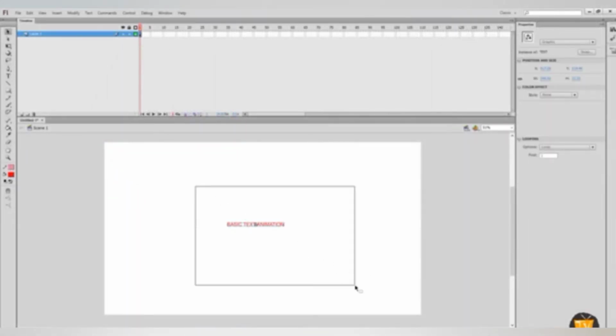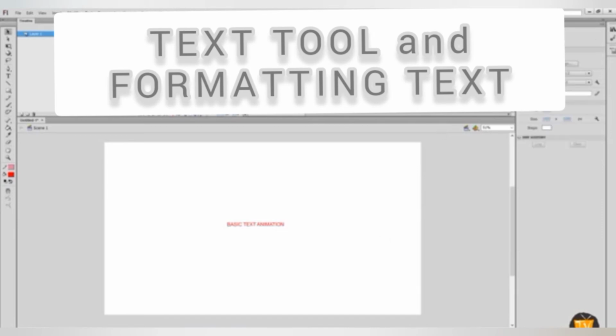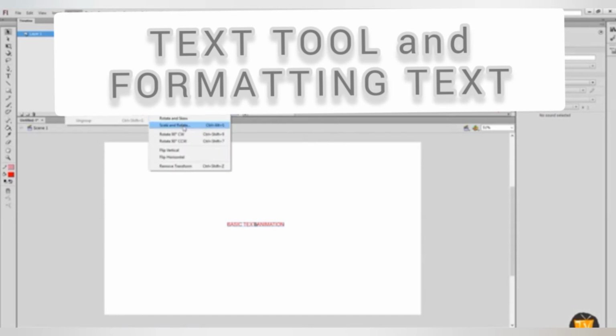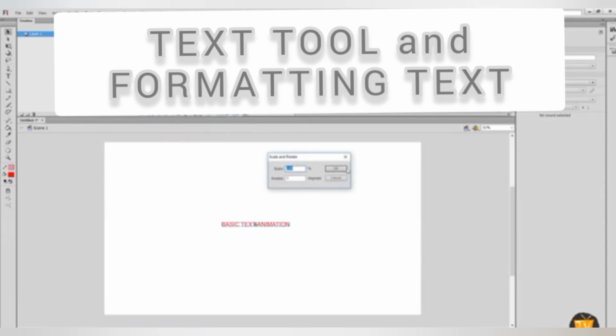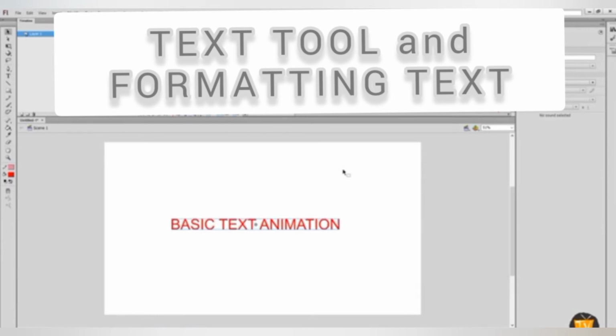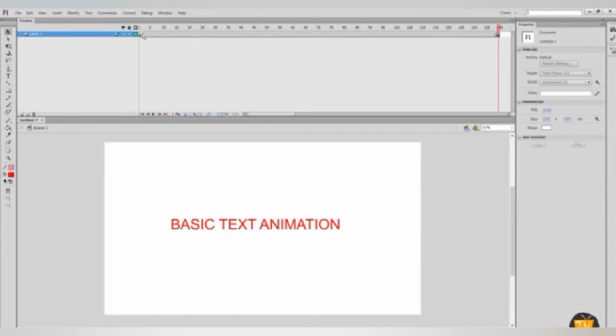Next is text tool and formatting text. Text tool in Flash is used to create a text block on the stage. It is useful when you want to add some text on the existing artwork or to create a text-based movie. We can create a text field of fixed width that expands vertically and wraps the words automatically, or a text field which expands horizontally as we type.